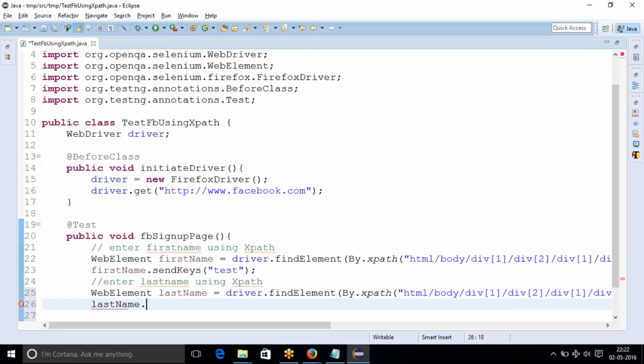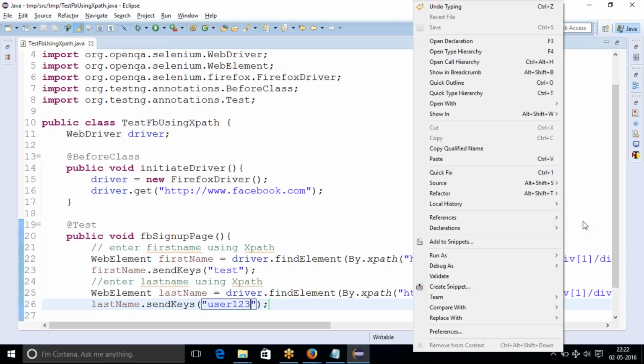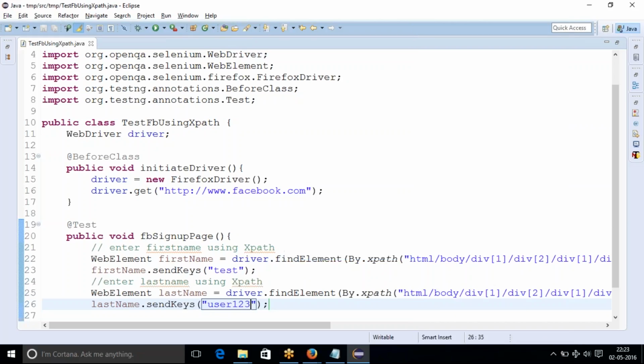Last name dot send keys. So I say user 123. Okay, so let me run this one as